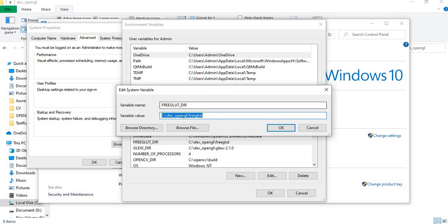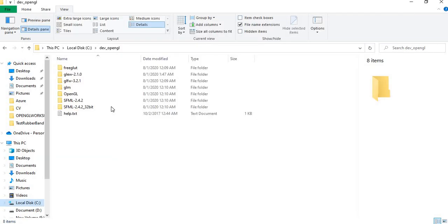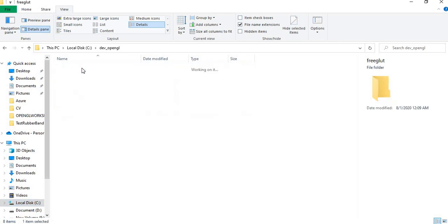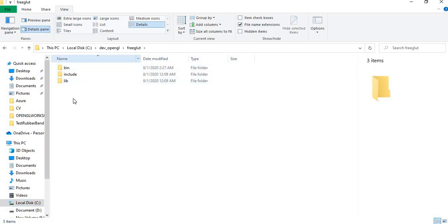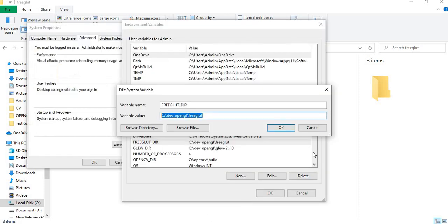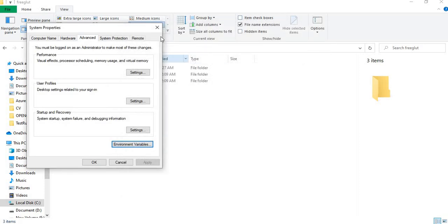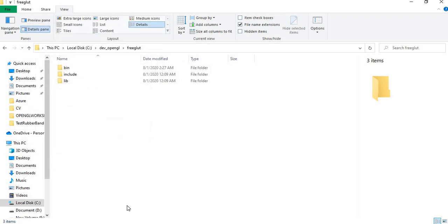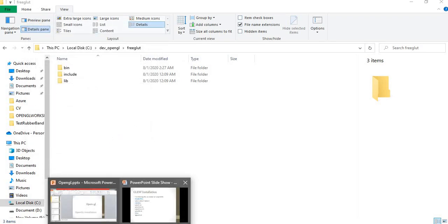So you have to give that variable value till where this structure is present. Okay, for all. So do the same thing.